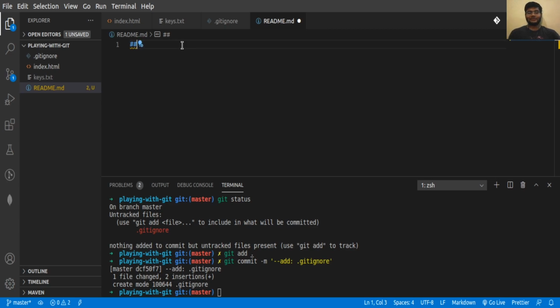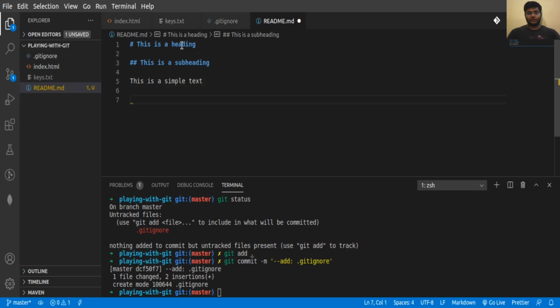And similarly, we have up to six. You can write up to 6 headings. So let's make this: This is a heading. Similarly, if you use two hashes, you can write: This is a subheading. And if you don't use anything, you just write text, it will be simple text. This is a simple text.